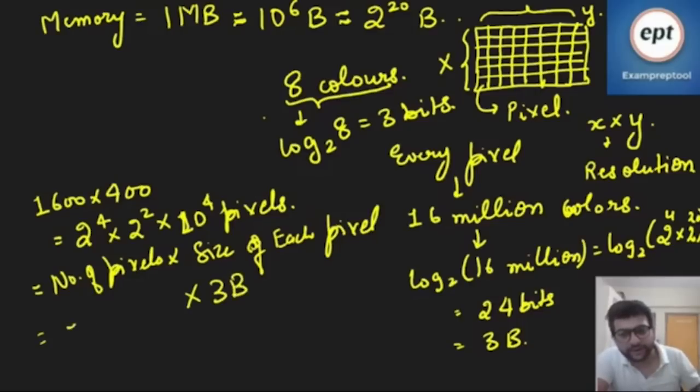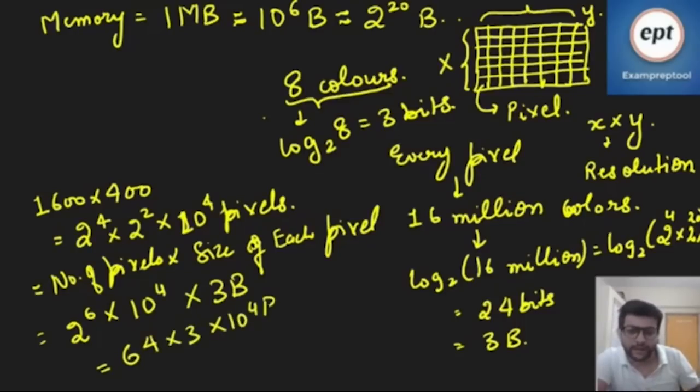And the number of pixels is 2 power 6 into 10 raised to the power of 4. If we solve it further, that will be 64 into 3 into 10 power 4 bytes. This will be equal to 192 into 10 power 4 bytes, which equals 1.92 into 10 power 6 bytes, which is nearly equal to